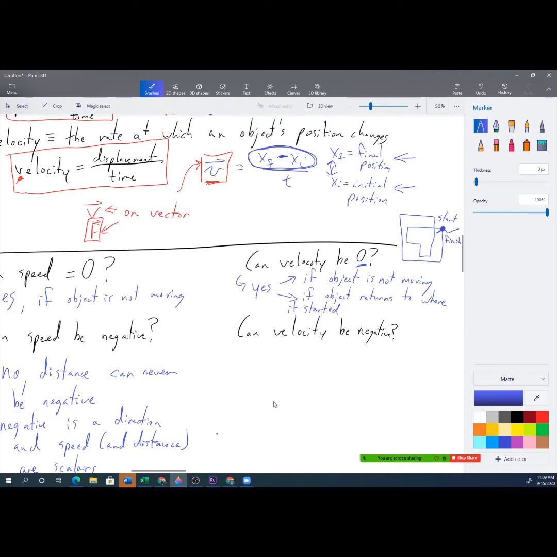Now let's try it with your thumbs one more time. Can velocity be negative? I see more of a consensus on this one. Still some differing opinions, although still close to 50-50. And then Jared kind of in the middle there. Oh, there you go. Okay, this one, the answer is